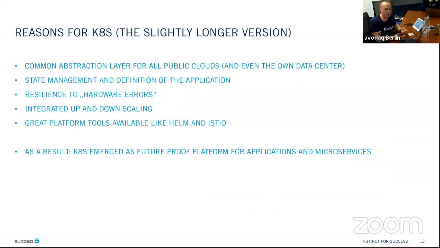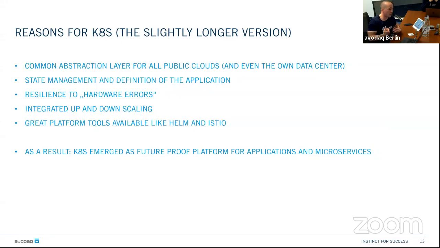Every public cloud vendor is offering a Kubernetes solution. We already have the state management integrated in the solution, so if something goes wrong on the underlying hardware, Kubernetes is taking care of this as well. We have integrated scaling if the workload is going up. And we saw that great platform add-ons like Helm and Istio are available.